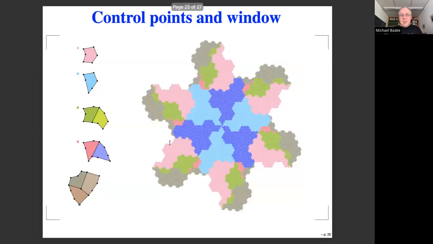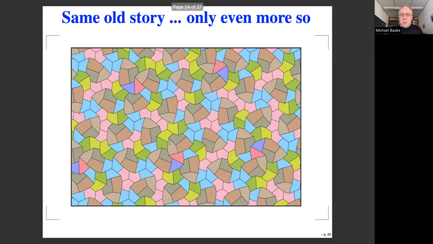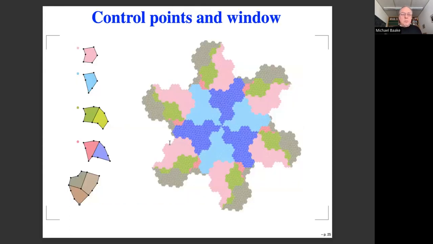And again, you can construct control points. And in fact, if I go back, you will notice that certain tiles always come in pairs, like the dark blue and brownish red one, and also a green one. And that is, you can actually reduce the entire analysis to an object with 5 tiles, where certain pairs only get a control point. So we have 5 types of points, and then you do the same analysis. You look for the